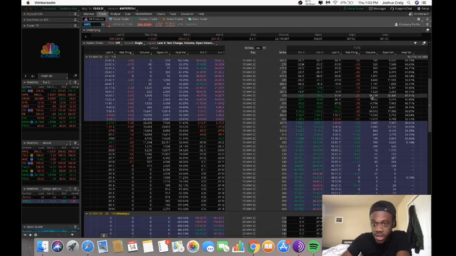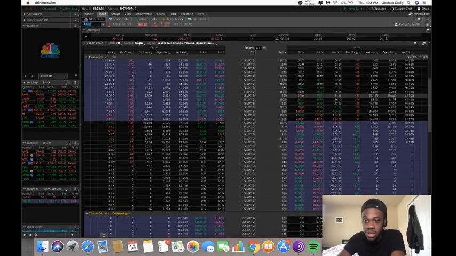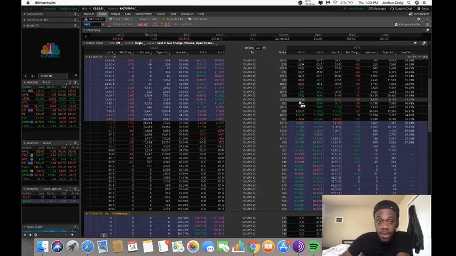And then next would be the 290 puts right here for $24, $25 a contract, and they have 21,000 in volume and then 20,000 open interest. So that means there's still 20,000 contracts out there and 21,000 sold. So people aren't really selling these yet. Probably because they're so far out of the money they need to come further into the money, but that still says something right there. But yeah, guys, that's how I go ahead and pick what stock option, what strike price to